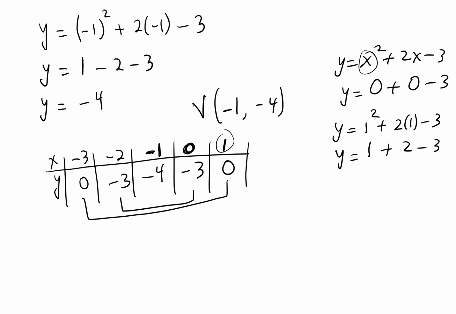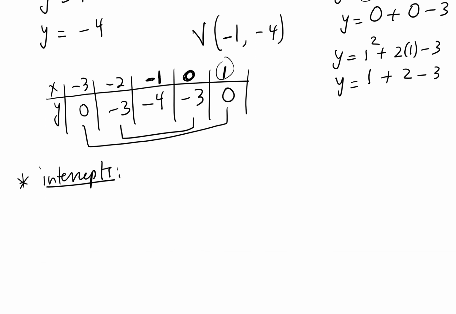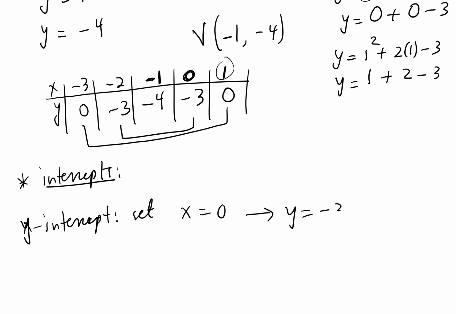From this one, if we would like to find the intercepts, let's first find the y-intercept. We set x to 0, which we already did actually, and we found that y is -3. So this 0, -3 is the y-intercept. To find the y-intercept, you always set the other one, like x, to 0. If I want to find the x-intercept,